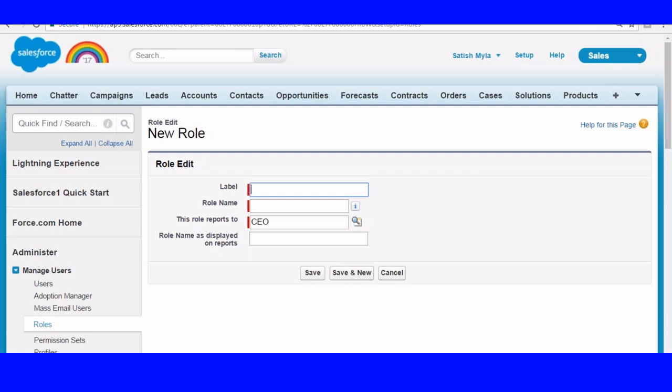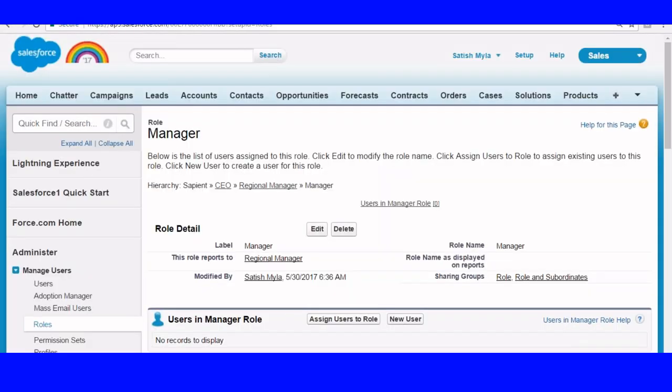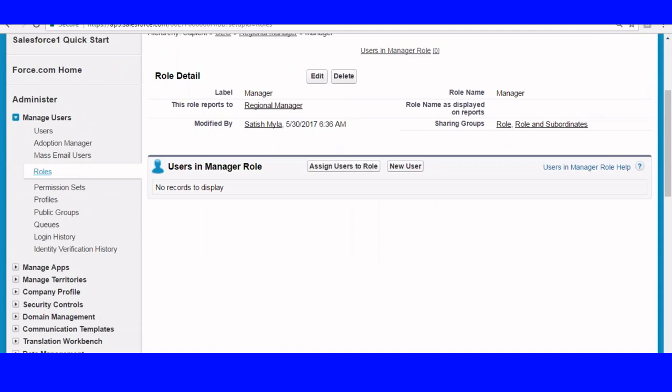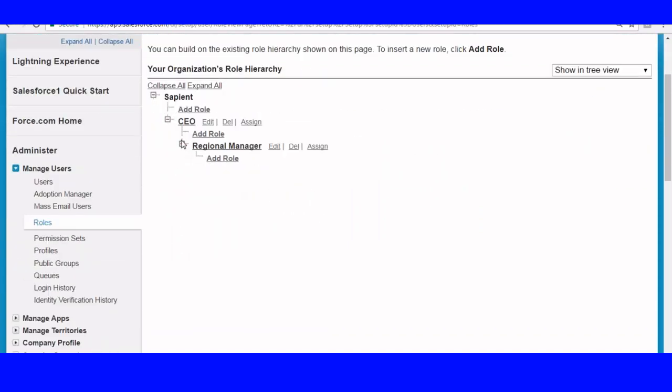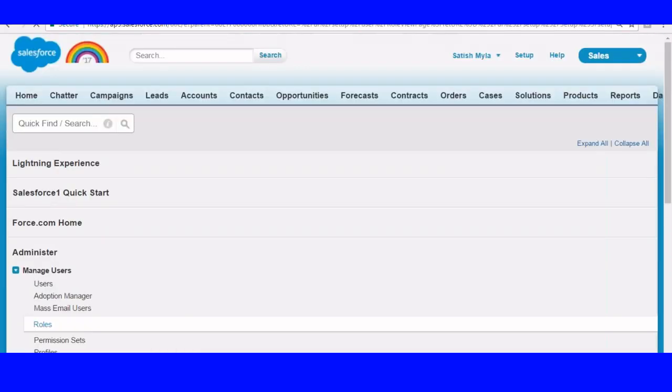Then again, new role. Manager reports to regional manager. Simply, what I am doing? Select the role. Again, under the regional manager I have manager. Under the manager we have